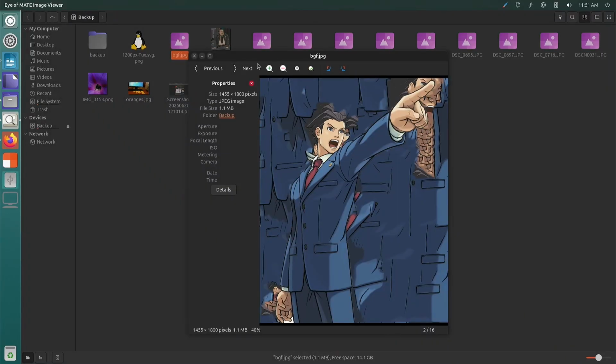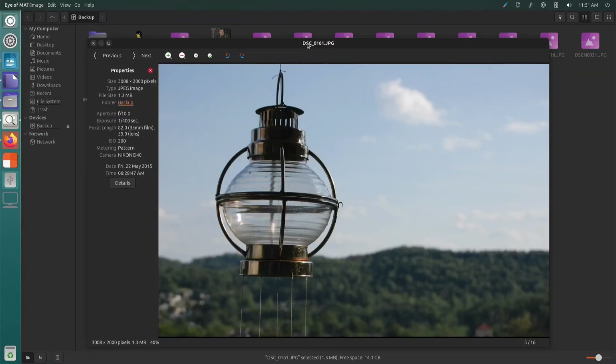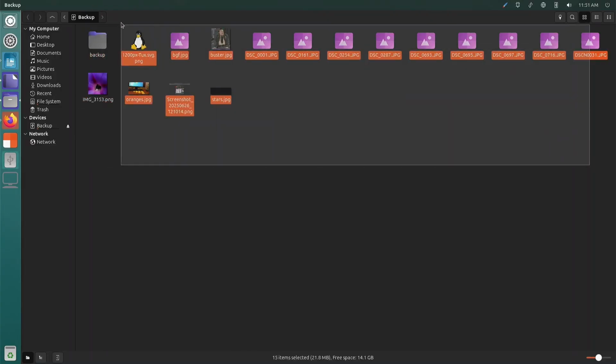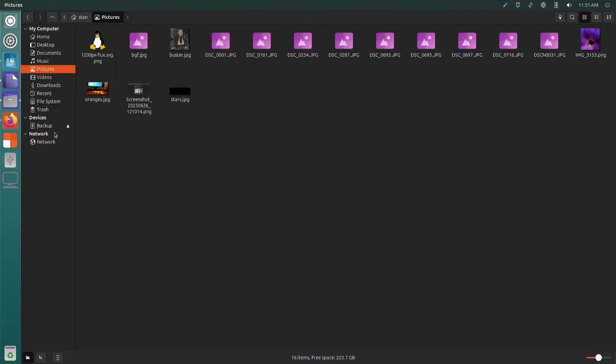I don't know why it's not showing the image previews of these pictures. Really weird. Let's just move all of these. Control click. All of these to the pictures folder. There we go. And we'll just get this out of here.